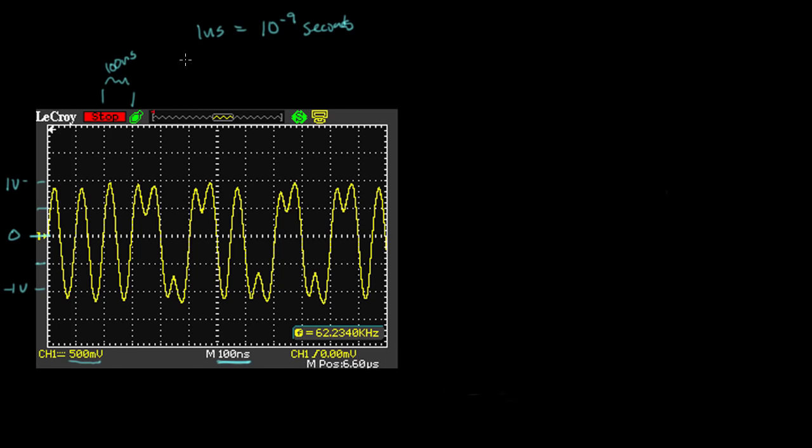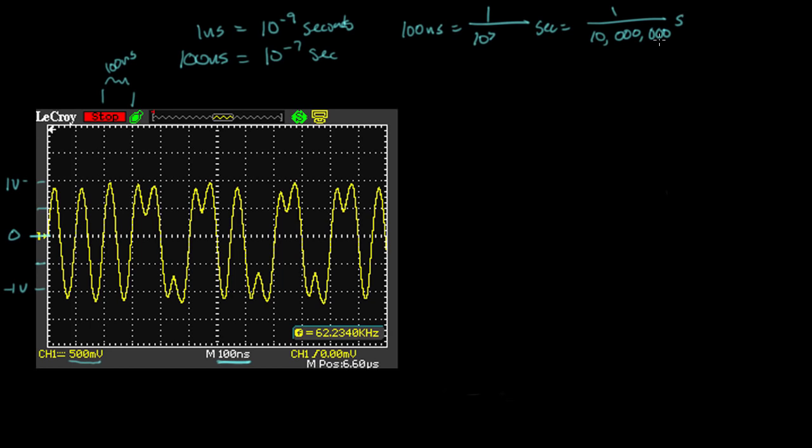If we multiply both sides of this by 100, we see that 100 nanoseconds is equal to 10 to the minus 7 seconds. Or another way to look at this is to say that 100 nanoseconds is equal to 1 over 10 to the 7 seconds, or 1 over 10 million seconds,